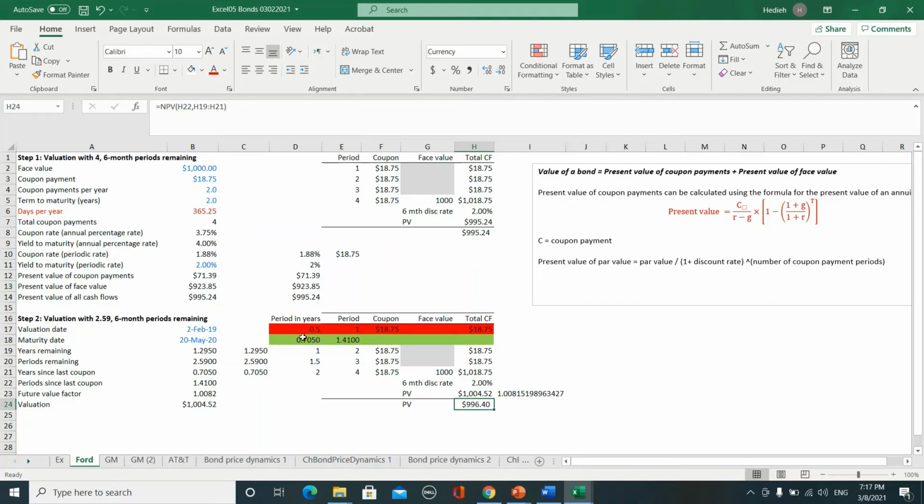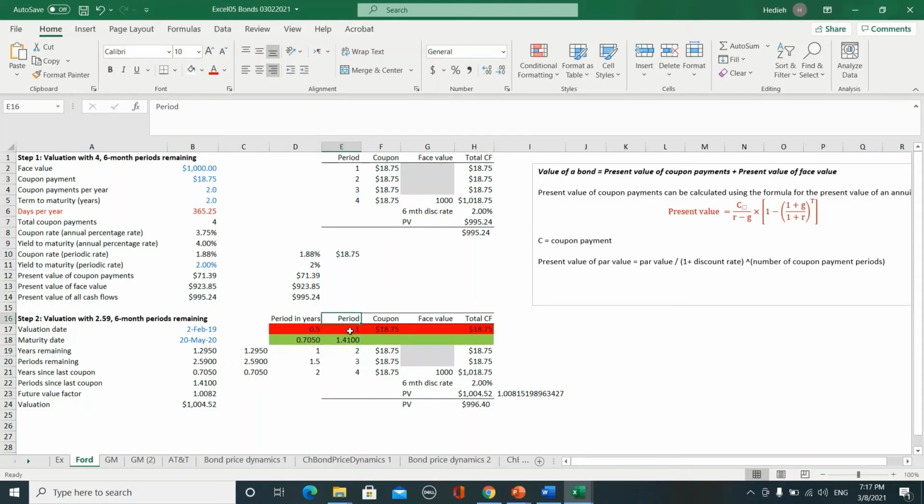So first we should understand that 0.705 years is equal to how many 6-month periods. In order to do that, just multiply